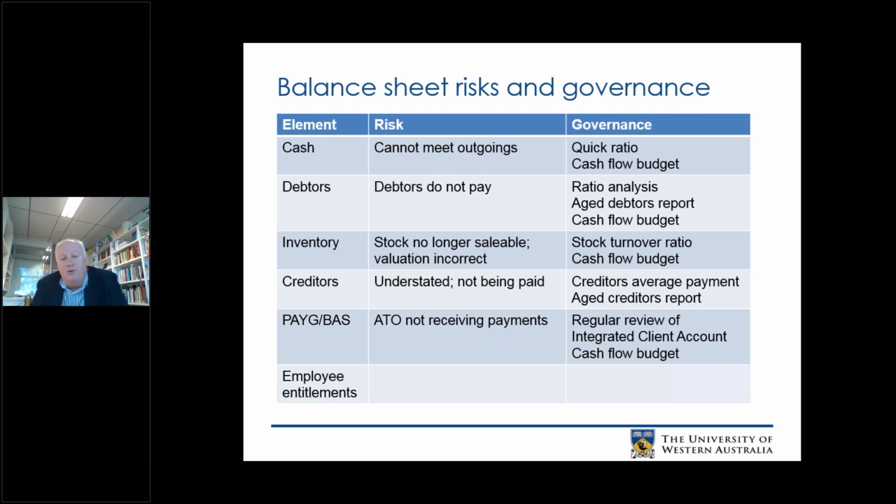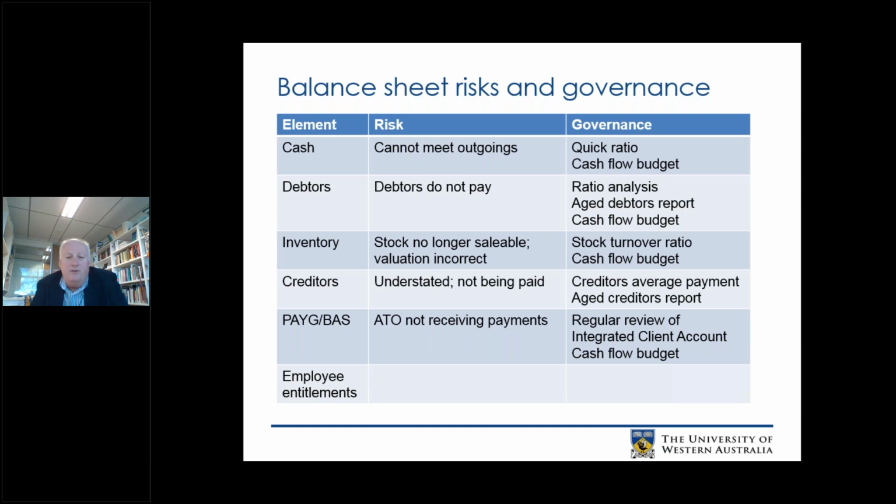Perhaps the most important thing here, though, is the PAYG and BAS statement remittances to the ATO. Why I say this is important is because PAYG and BAS amounts owed to the ATO are sheeted home in terms of responsibility to directors automatically, similarly in the way that solvency becomes an issue for directors to deal with. And so the ATO not receiving payments places not only the organisation in financial jeopardy, but places directors in potential financial jeopardy as well. How do you govern that process?